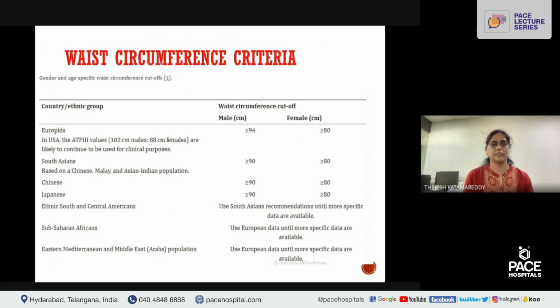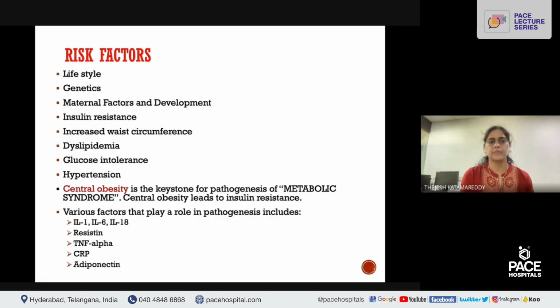Coming to waist circumference criteria, it differs with ethnicity. And these are the waist circumference cutoff values for males and females, which are considered while diagnosing metabolic syndrome. Risk factors mainly include sedentary lifestyle, diet high in carbohydrate and fat, and things like smoking and alcohol. All this comes under lifestyle risk factors for metabolic syndrome. Genetics plays a major role. Maternal factors like